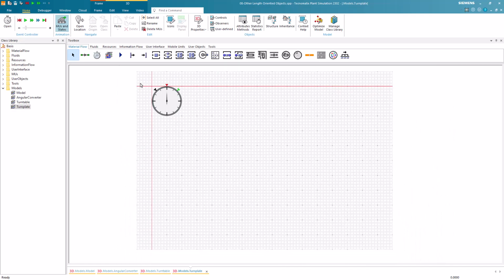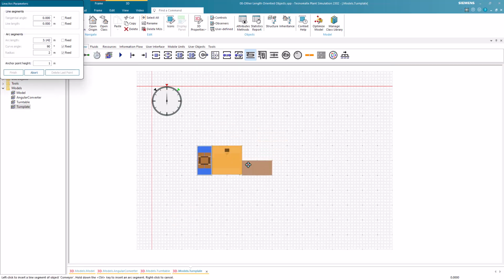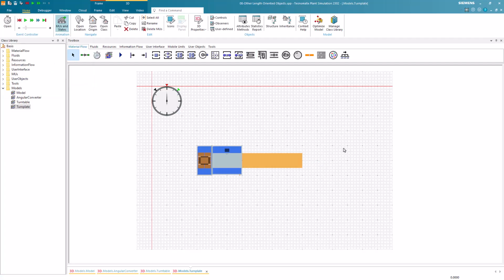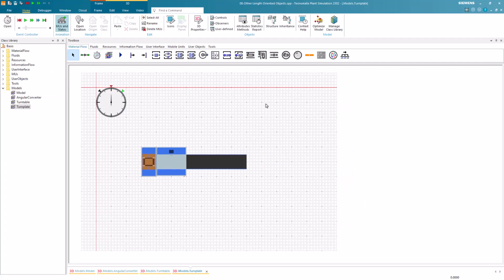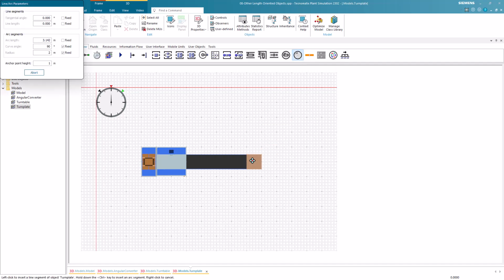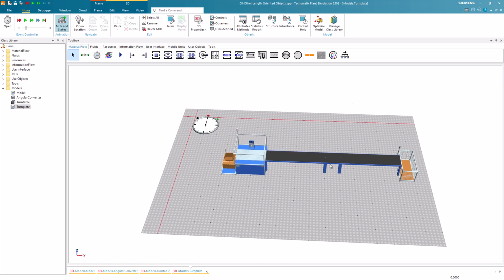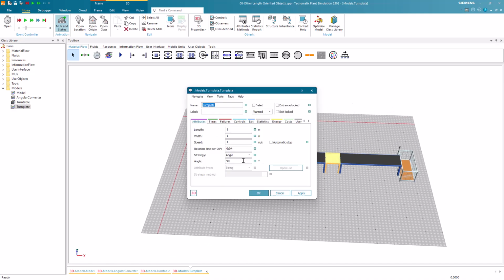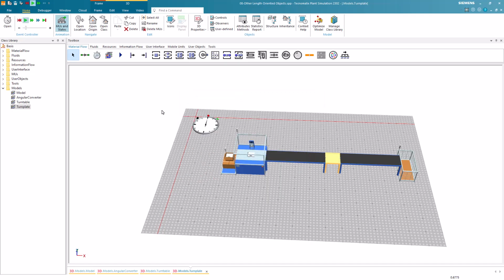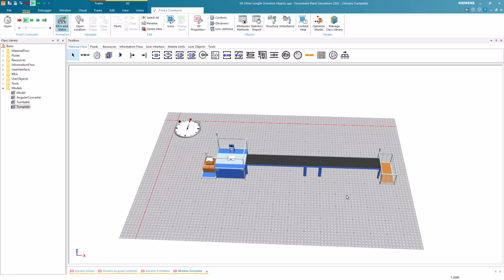To use the turn plate, we insert a source and a station and connect the station with a conveyor. We attach a turn plate now and connect the turn plate to another conveyor. In the dialog of the turn plate, we can adjust the angle of the rotation. By default, it is set to 90. We set the angle to 720. Now the part will be rotated 2 times. In this way, we can simulate a packaging process.